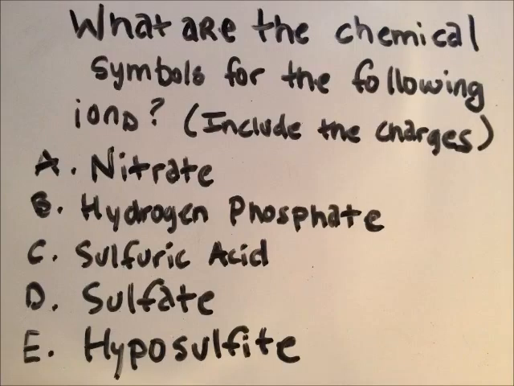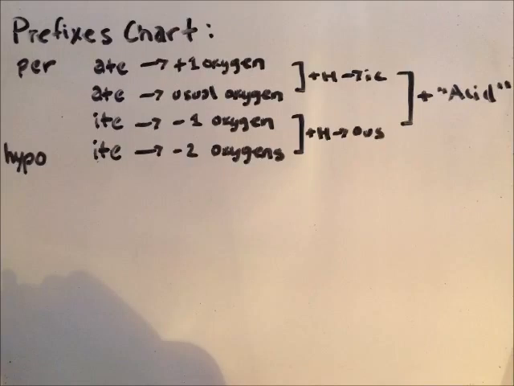What are the chemical symbols for the following ions? Include charges. A. Nitrate. B. Hydrogen phosphate. C. Sulfuric acid. D. Sulfate. E. Hyposulfite. The quickest and easiest way to solve these problems would be to write down the prefixes